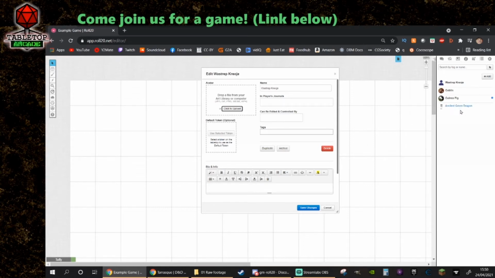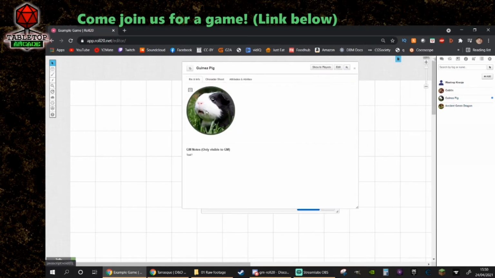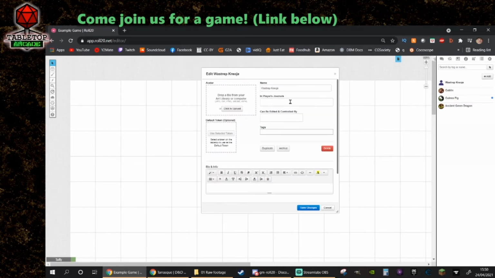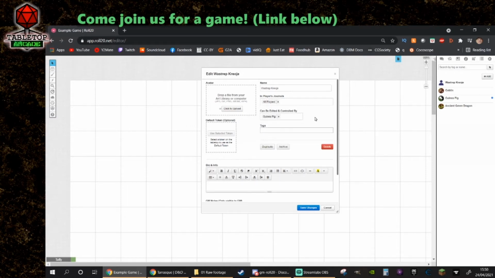Anyone with a character in their journal will be able to open up the character and view the bio and description, but won't be able to access anything else. Generally what I do, if this is to be a player character, I put it in all players' journals and then assign it to the appropriate player by adding them into the edit field. If it's to be an NPC, either leave both of these blank, or if there's a reason for it to be in the player's journal, such as an important NPC they've already met, in which case I add all players